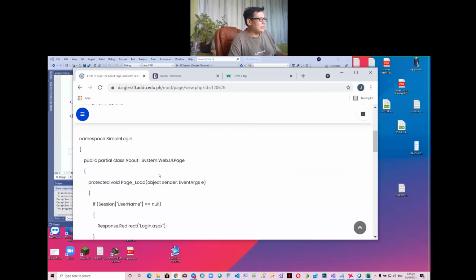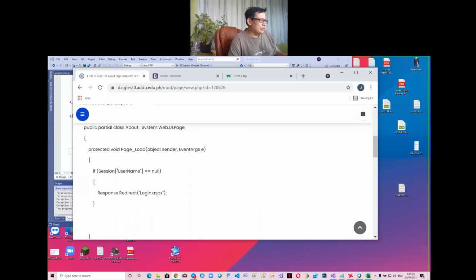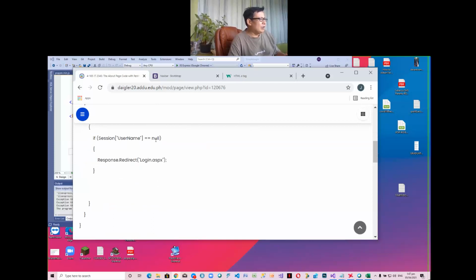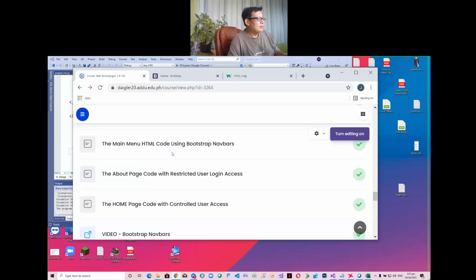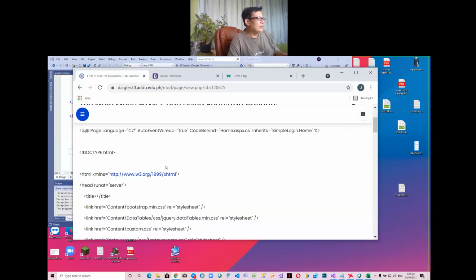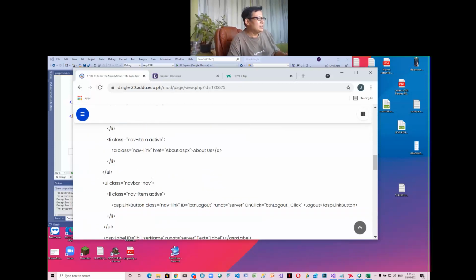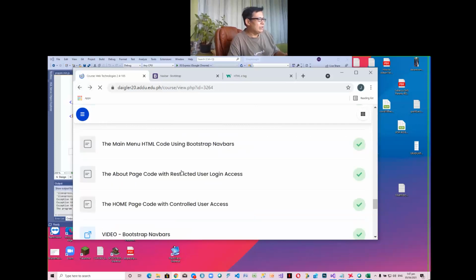So in the about page, in the page load, we still check if there's a username. Then if it's equal to null, we just redirect to login.aspx. If it's not, it will continue to the page load. Okay? So nandito yung bootstrap, no? And then the nav bars. Okay, and consequently, we also have the